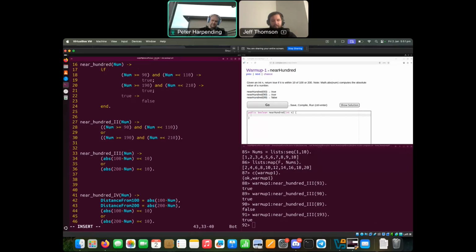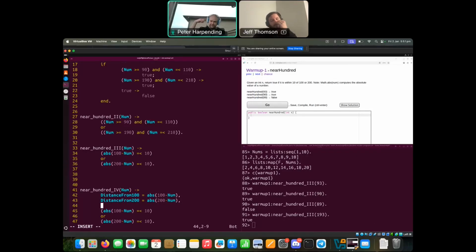And then the last value in the function, so if you just have a bunch of things separated by commas, the last thing is what's going to get returned. So say distance from 100, so open paren, distance from 100 is